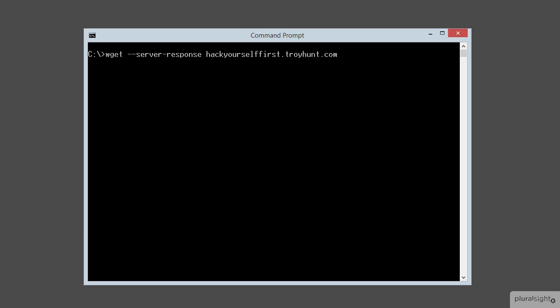The next reconnaissance and footprinting exercise I want to look at is what we refer to as banner grabbing. Now, a banner is nothing more than a header returned by the server that explains what the application is actually running. So what sort of web server might it be running on? What sort of web framework could it be using? It's pretty fundamental information, and there are a number of different ways of getting these banners,